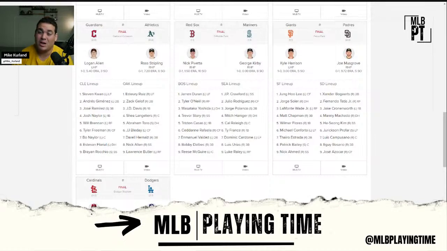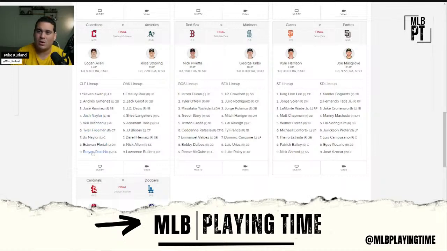Tyler Freeman's playing every day as a center fielder so far. So I thought maybe he'd be platooning. Nope. It looks like maybe his defense is being valued in center field, and that could lead to Laureano losing playing time. We'll see. Rocchio's the starting shortstop. Although Arias looked like neither one of them really ran with it, so I guess they're giving Rocchio the first grab at it. Otherwise, the top line's going to be here.